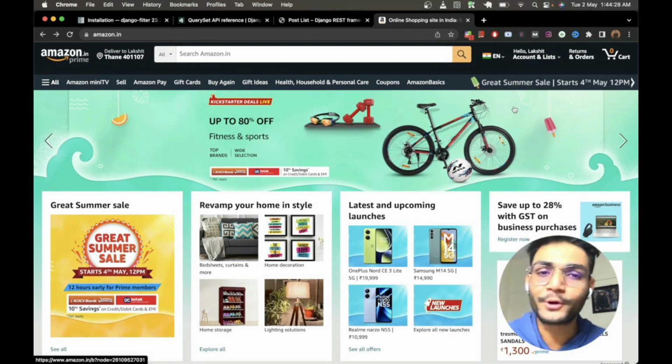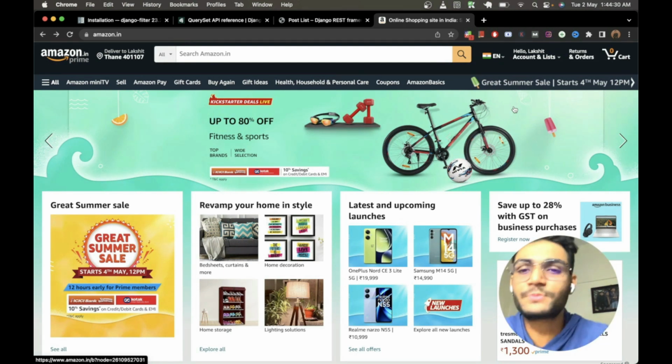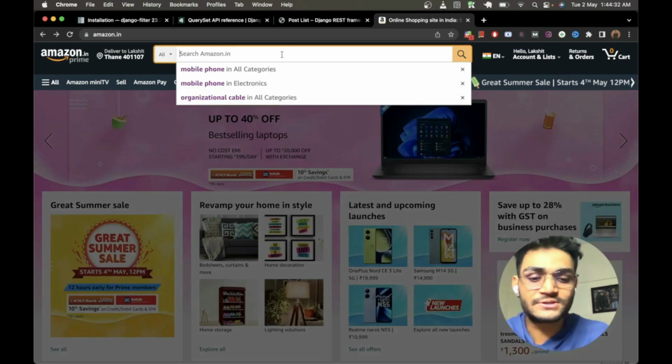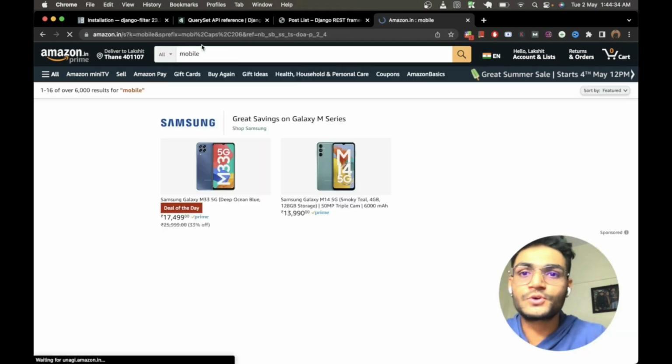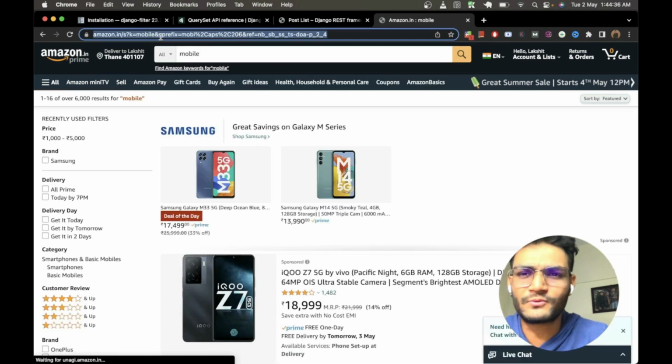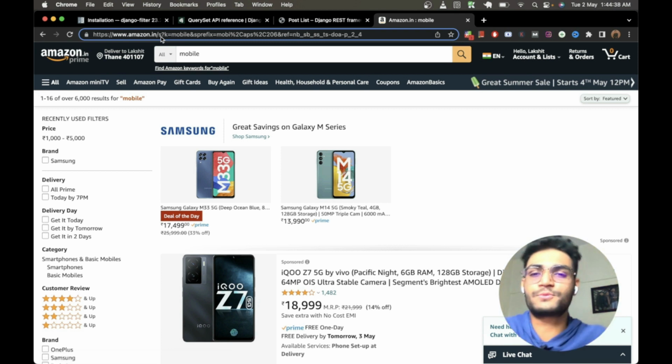Filtering is very important for each and every website. For example, on this Amazon website, if I search for mobile phone over here, as you can see, the mobile has been added in the query part with some different kind of encoding. That's for the Amazon part, but for this purpose, the mobile is added over here, which means that they are